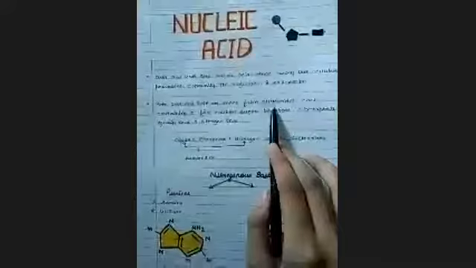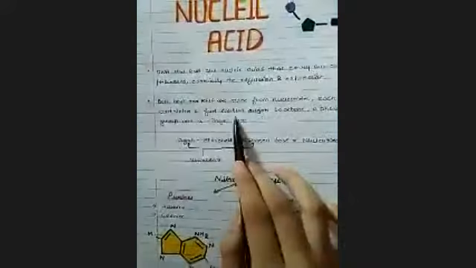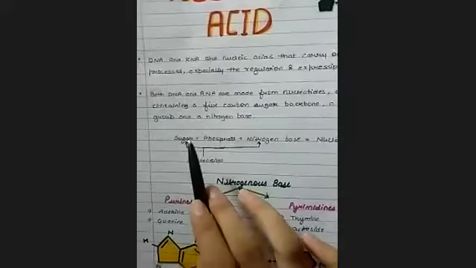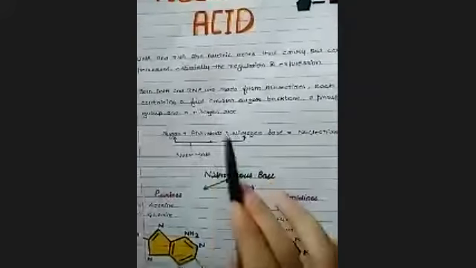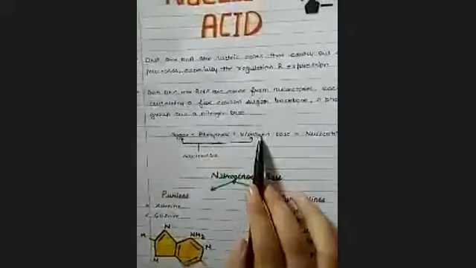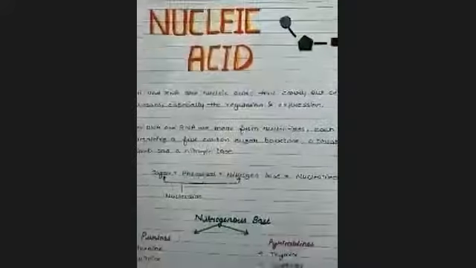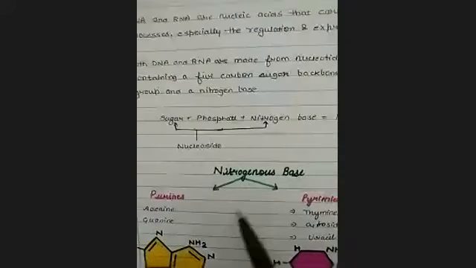What are the components of nucleotides? Each contains a 5 carbon sugar backbone, a phosphate group, and a nitrogenous base. So here we conclude that sugar plus phosphate plus nitrogenous base will give us nucleotides, and sugar and nitrogenous base will give us nucleosides. Here, this is the nitrogenous base, this is sugar, and this is phosphate group. This is a nucleotide, and if we remove this phosphate group, now this is a nucleoside. Now we are going to learn about the components of nucleotides one by one.